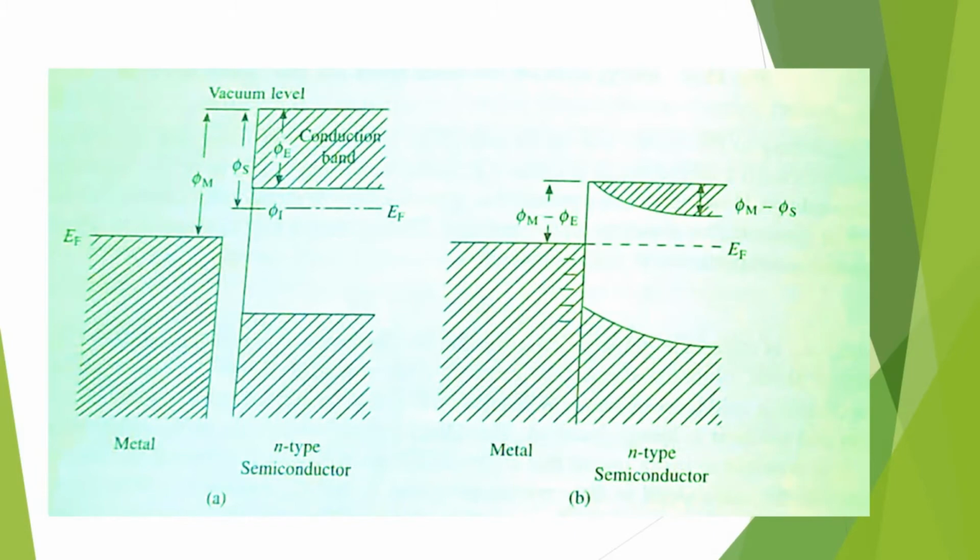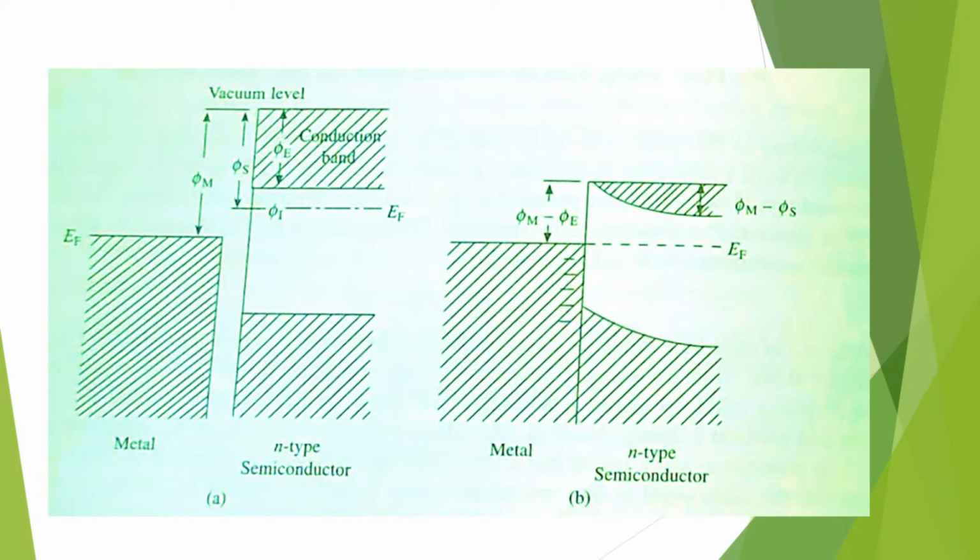So we are studying a rectifying, non-ohmic contact. To study its IV characteristics, we have to apply some potential difference across this junction. When you apply a potential difference across this junction, this will alter the height of this potential energy barrier. And there are two possibilities. When the semiconductor is positive and the metal is negative.